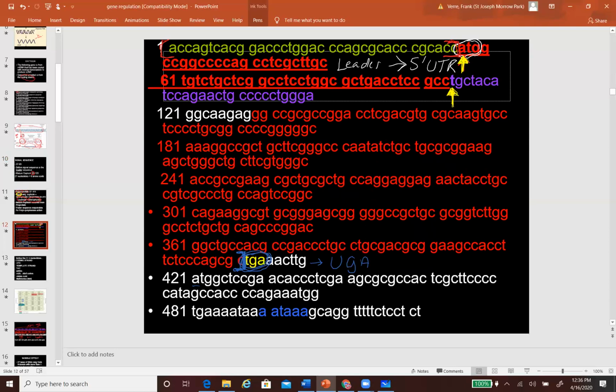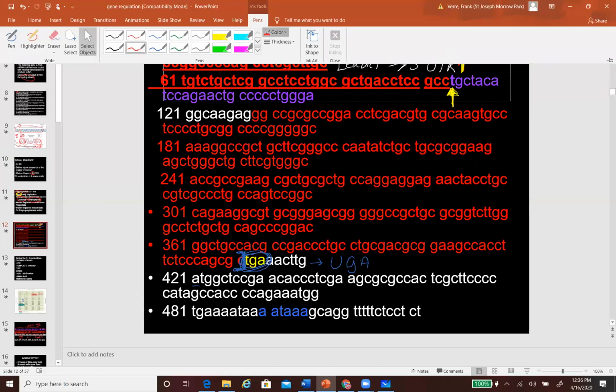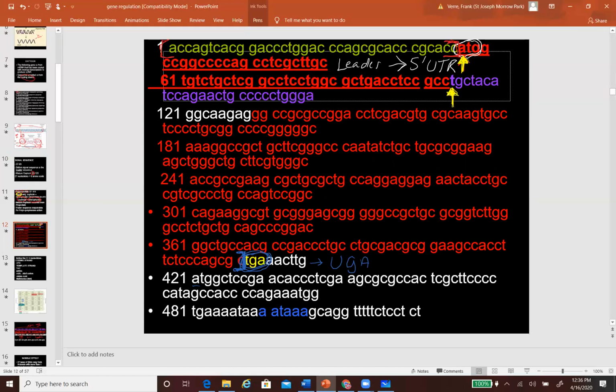Which means this spot right here, this is position 94. If you do the math, this is 61, that's 71, that's 81, that's 91, this would be 94. So this section here, from start to where the actual mature protein begins, that primary section, that's called